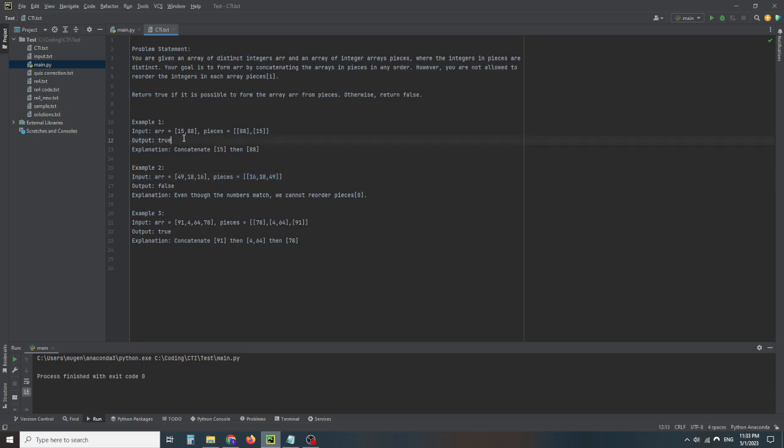What I need to check is whether I can use any part of the second array to build the first array without any rearrangements. For example, can I recreate 49, 18, 16 with the second array? No, because I'm not allowed to rearrange, so I cannot get this exact sequence. So, as far as my understanding is,